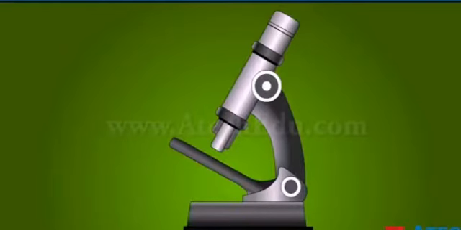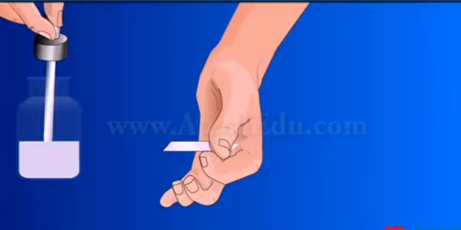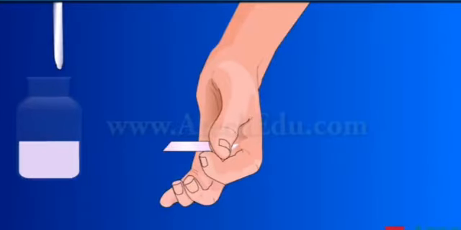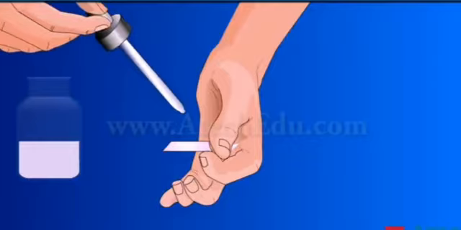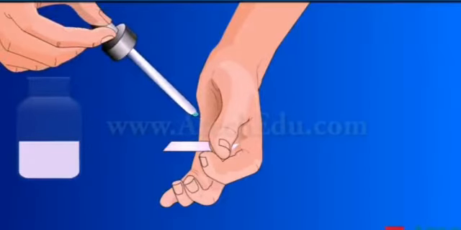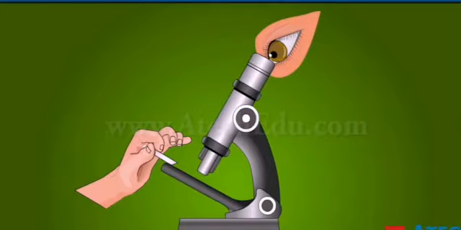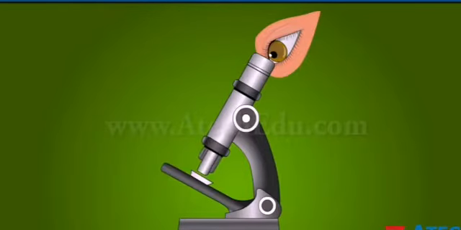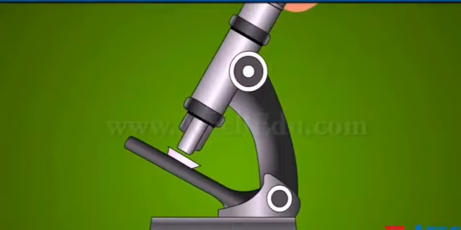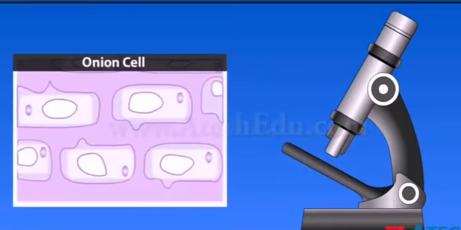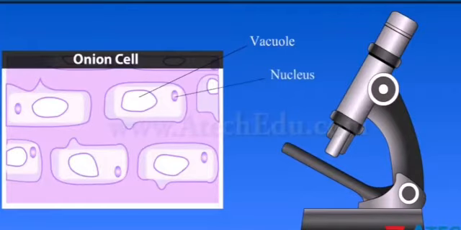A specimen like the inner fleshy leaf of an onion bulb is taken on a glass slide, then a drop of iodine solution is put and it is covered with a cover slip. The slide is then observed under the microscope. Light reflected from the mirror reaches the object and the magnified object of the sample is seen. Here, the small microscopic structures that are seen on the onion peel are the basic building units of an onion bulb.